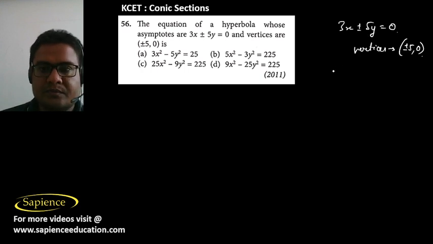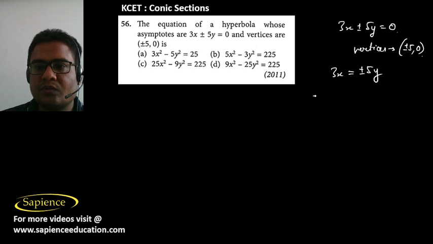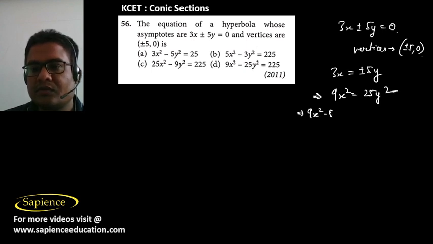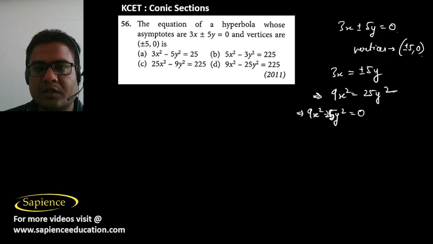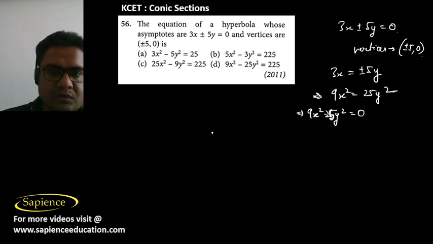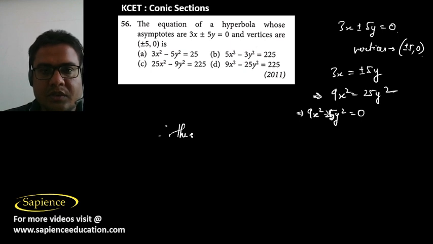So here we can say that it is 3x equal to plus or minus 5y. If you square them on both sides, then we will get 9x square equal to 25y square. So it means that 9x square minus 25y square equal to 0. So this is the combined equation of the asymptotes of the hyperbola. So therefore the equation of the hyperbola will be of the form